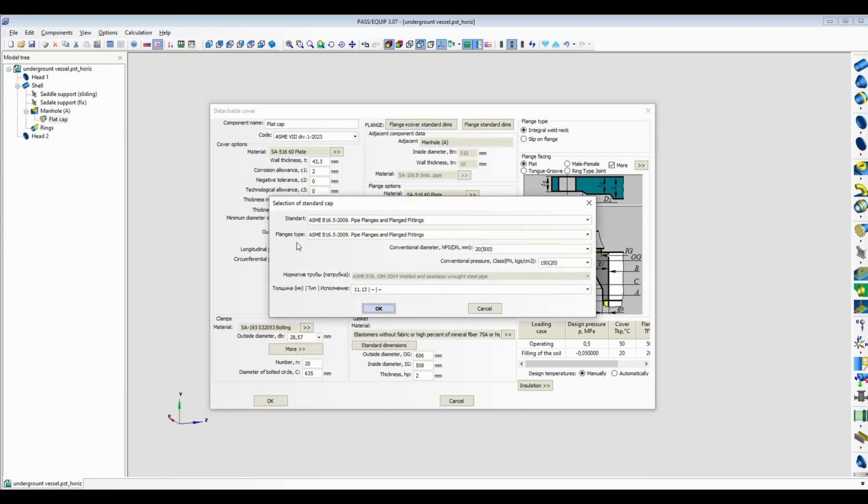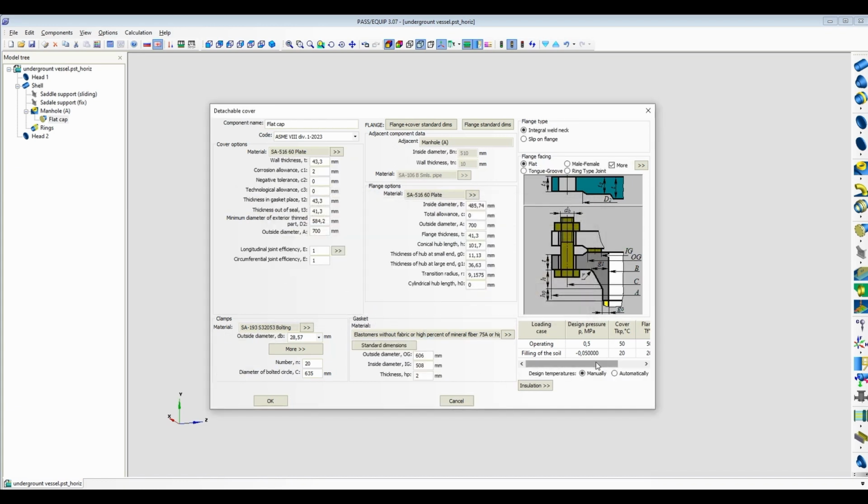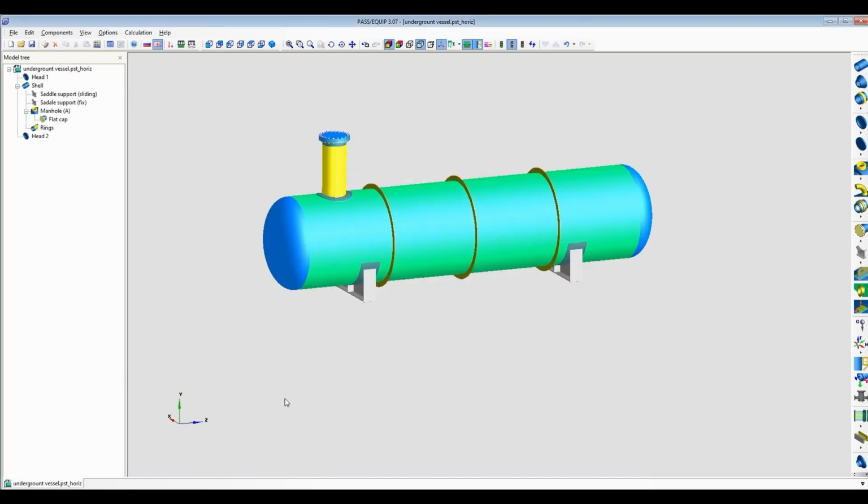Flange cover, we input standard ASME B16.5 for pipe flanges and flanges fitting. Okay. After that we input the same design conditions. Okay. And